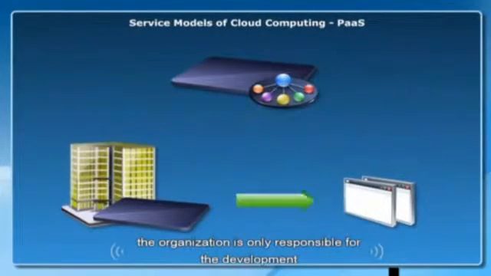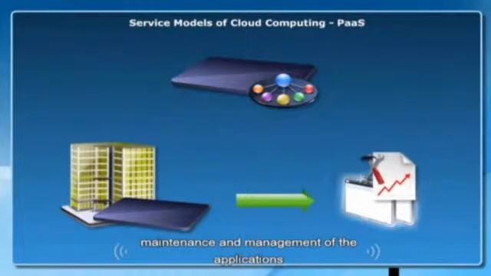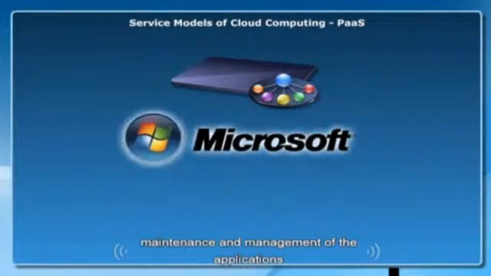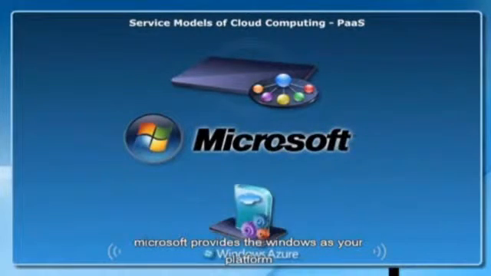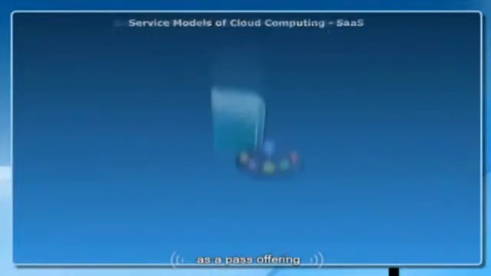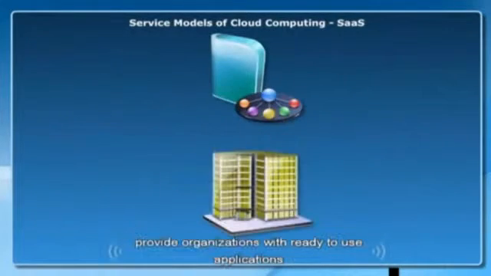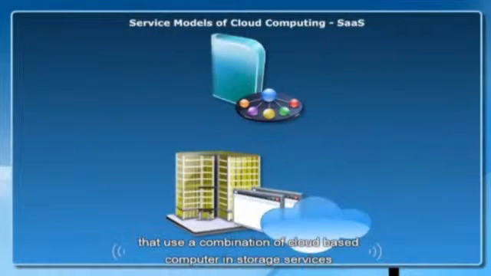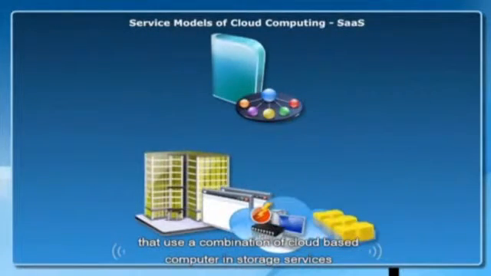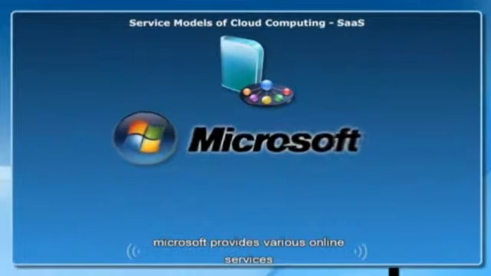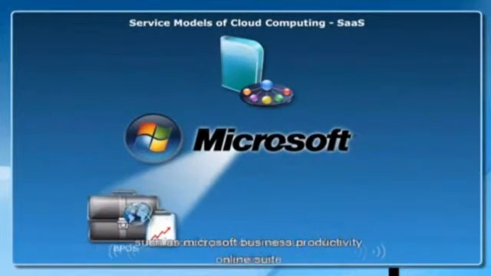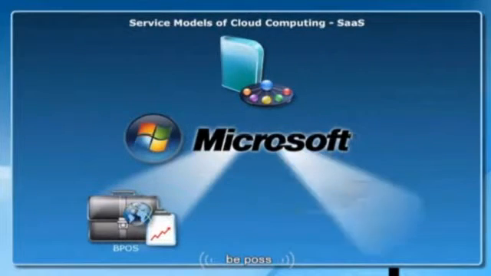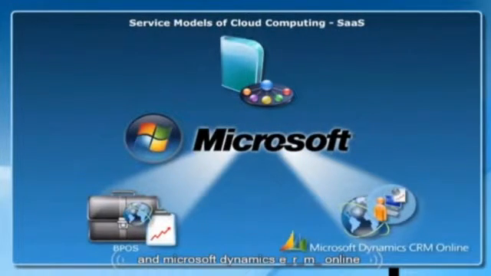Here, the organization is only responsible for the development, maintenance, and management of the applications. Microsoft provides the Windows Azure platform as a Paas offering. The SaaS model provides organizations with ready-to-use applications that use a combination of cloud-based compute and storage services. Microsoft provides various online services, such as Microsoft Business Productivity Online Suite, BPOS, and Microsoft Dynamics CRM Online as a